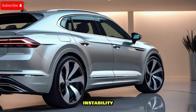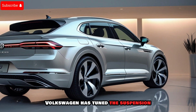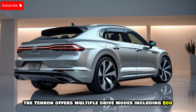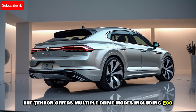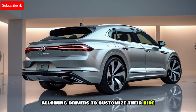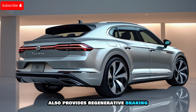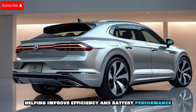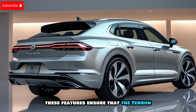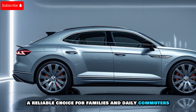traction and stability. In terms of driving experience, Volkswagen has tuned the suspension for a balance of comfort and sporty handling. The Tayron offers multiple drive modes, including Eco, Comfort, Sport, and Off-Road, allowing drivers to customize their ride. The plug-in hybrid variant also provides regenerative braking, helping improve efficiency and battery performance. These features ensure that the Tayron meets the highest safety standards, making it a reliable choice for families and daily